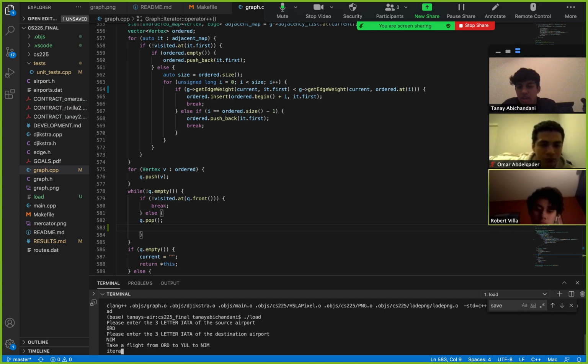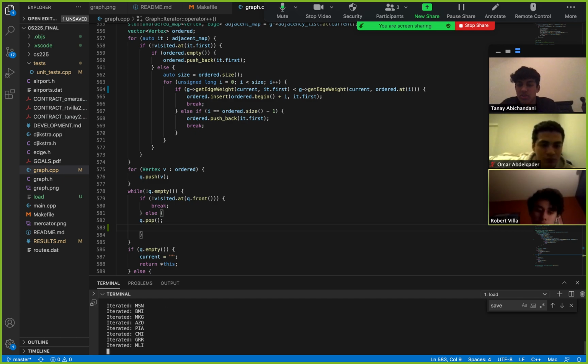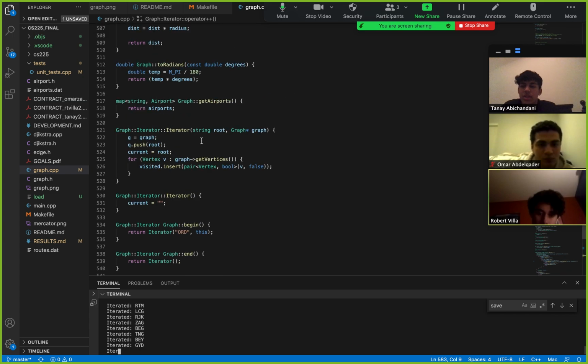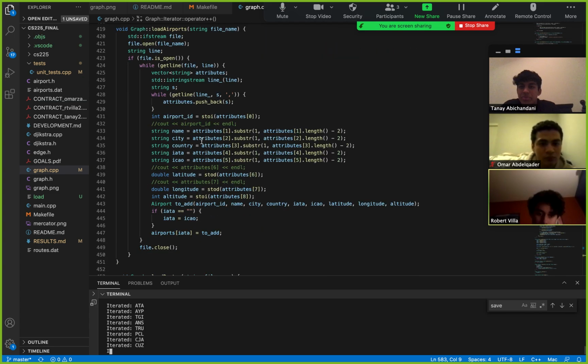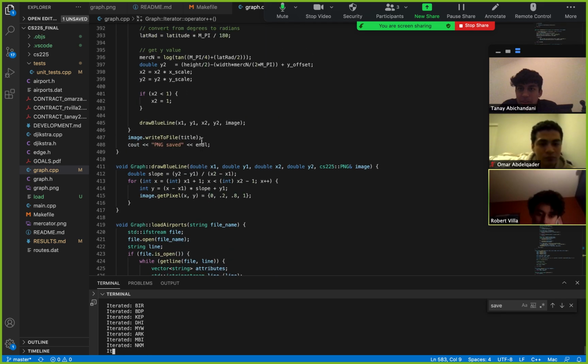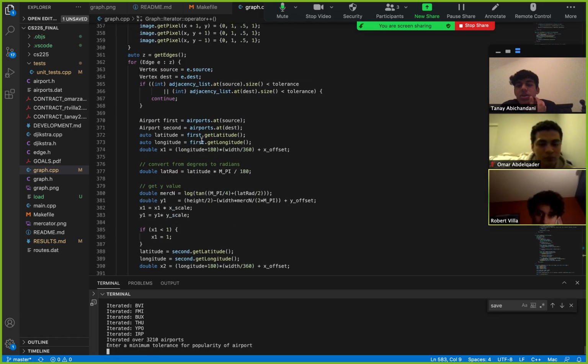Now I can say iterate, and this will show the BFS traversal as it iterates over 3,200 different airports. It only visits each vertex once, which shows that all of these airports are connected in this BFS traversal. And then now I'll talk about the last part while it's traversing. So basically, the last thing we did was